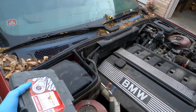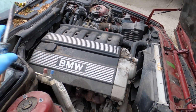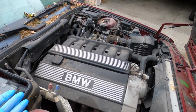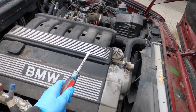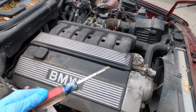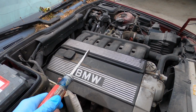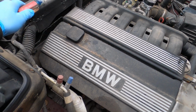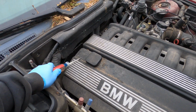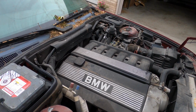So as I mentioned, this engine bay looks like the car has been sitting for a decade. It looks like the hood's been open. It's absolutely gross in here. So what I'm gonna do is pop off this cover, pop out all the coil packs, and see if there's any water in all the spark plug wells. I've had that a lot on these parts cars that sit, or just cars that sit in general, especially cylinder 6. Water will just seep in and soak in there. So I'm gonna go ahead and check that first. That's the easy thing to do. And then from there,